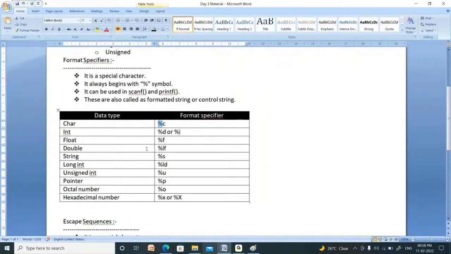For double, %lf. For string, %s. For long integer, %ld. For unsigned integer, %u, not ud, just u. For pointer, %p. For octal number, %o, o for octal. For hexadecimal, you can use %x or %X, both you can use.